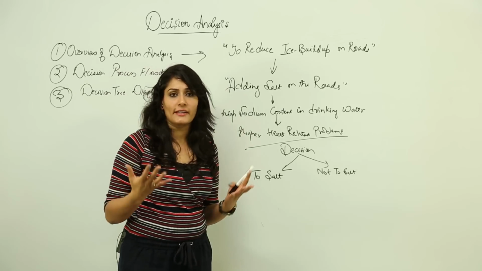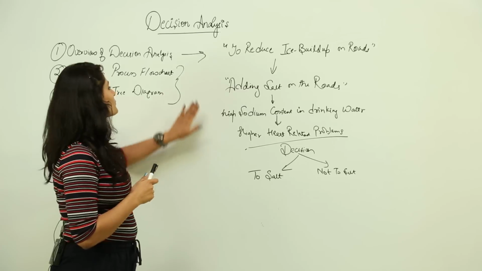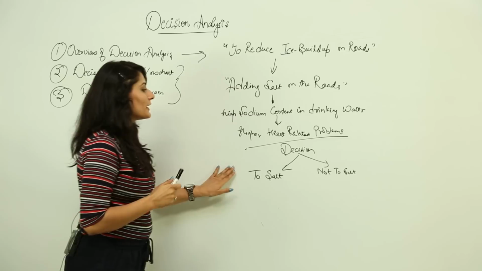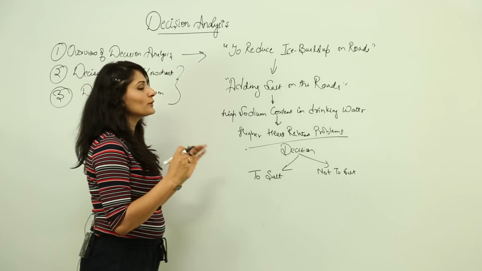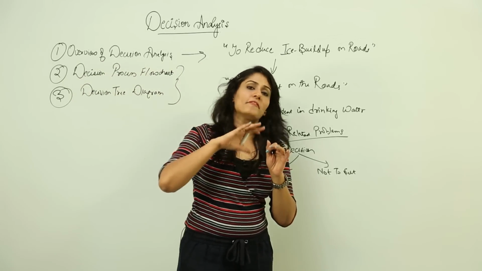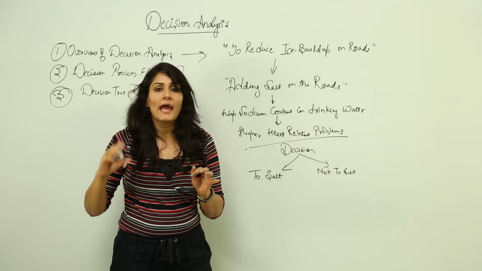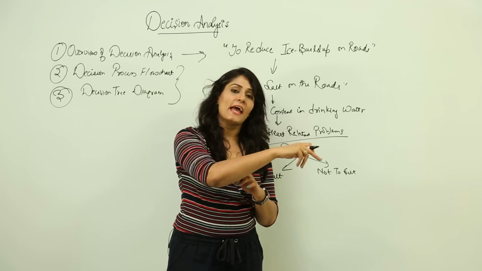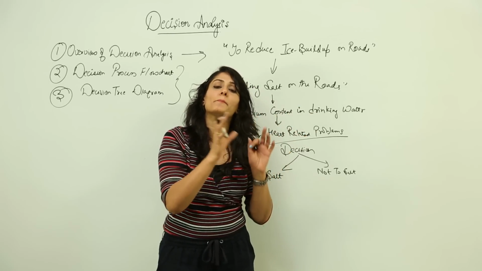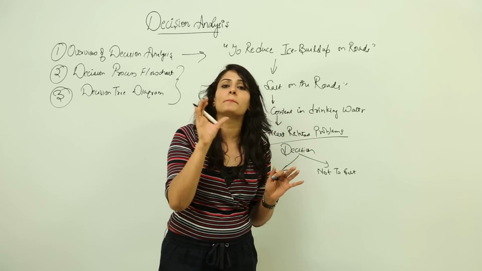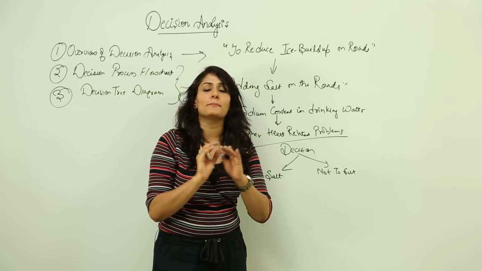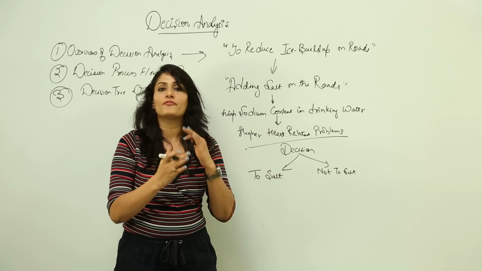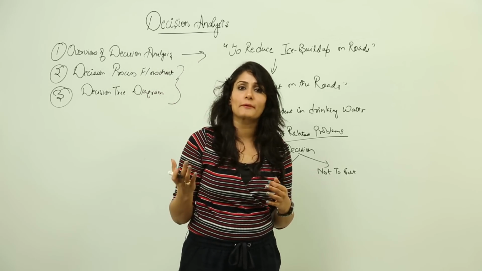So they did their analysis. This analysis is done using these two tools which we are going to discuss, but right now I am just going to give you an overview. After the analysis, you know that whenever we take any decision and any action, it would have an outcome and there is a probability of that outcome. For example, if I say that I would like to go ahead with decision A, that decision would have an outcome and there would be a probability associated with it, and this probability is in percentage. This probability is basically an educated guess, which is backed by past data, facts or some advice by the experts in that particular field.